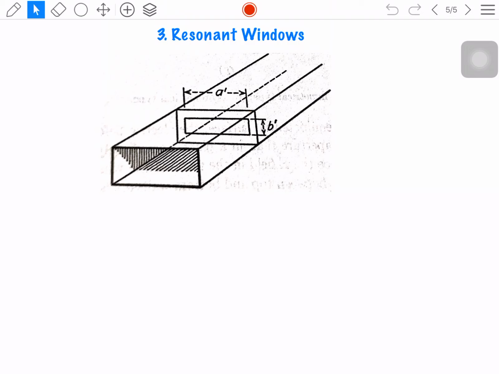If you look carefully here, I have a diaphragm from the side walls and also from the top and the bottom walls of the waveguide. The side walls will act like an inductive window. The top and the bottom diaphragms will act like a capacitive window. That is, a resonant window is a combination of two windows, that is, inductive window and capacitive window. But all the four diaphragms that I have placed should always be at the same point here.